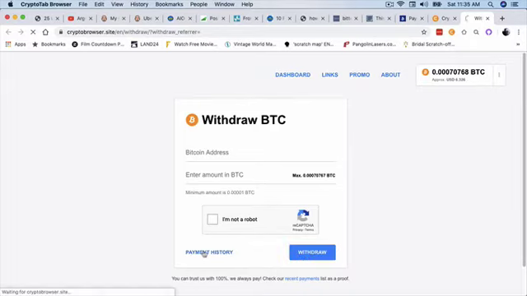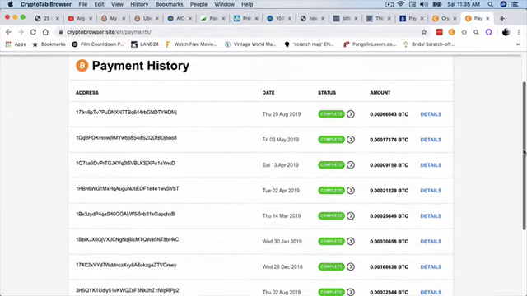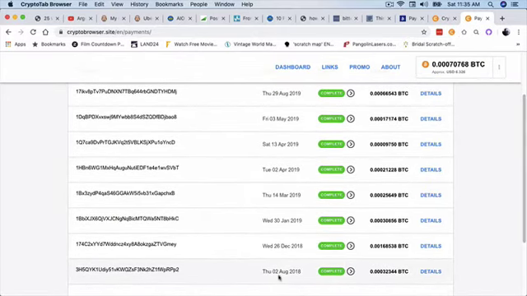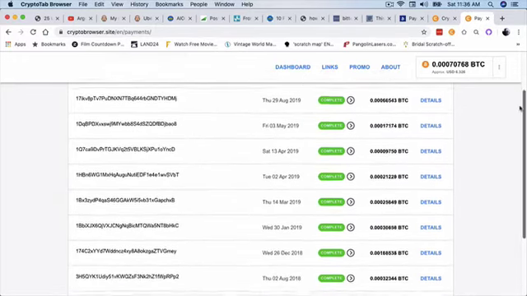Here's my payment history just to show that I have been paid. I've been using this for just over a year. And you can see I have 8 payments. My first one was in August 2018. My last one was August 2019, coincidentally. And you can see how much I've withdrawn. And the current value of that is about $15. And there you go, just to show I have actually been paid. So cool or cool?